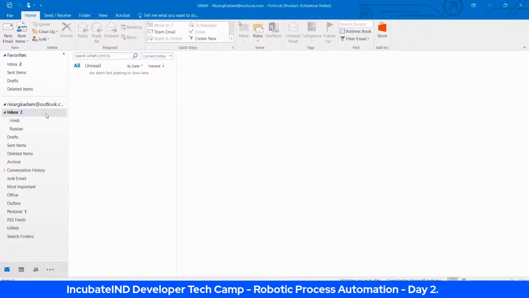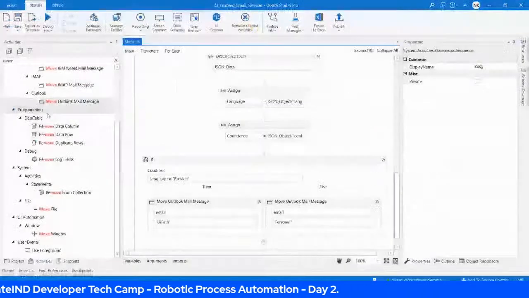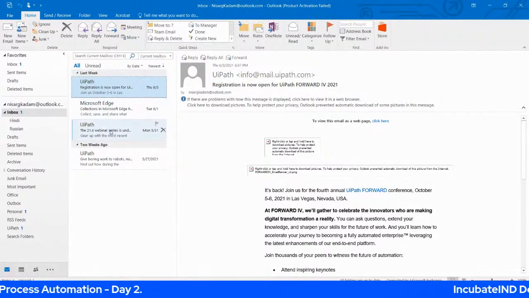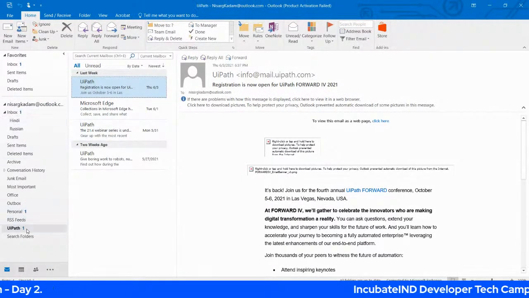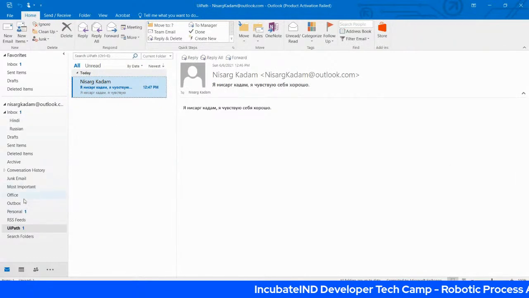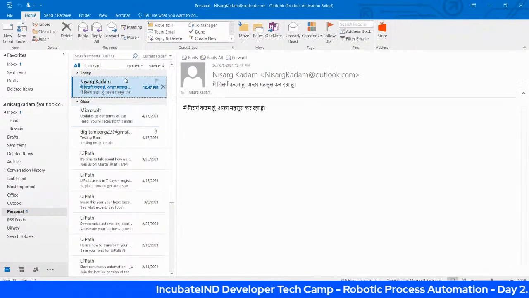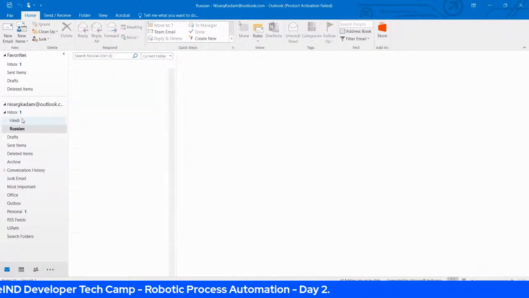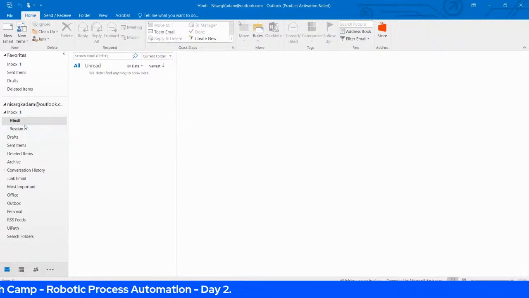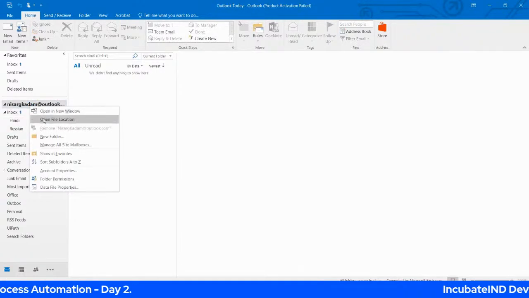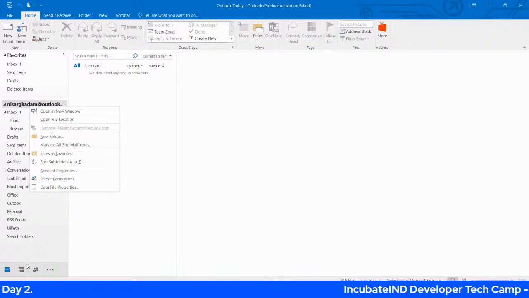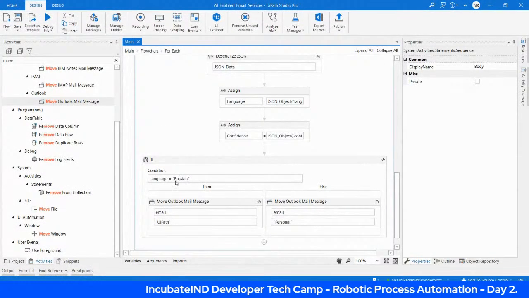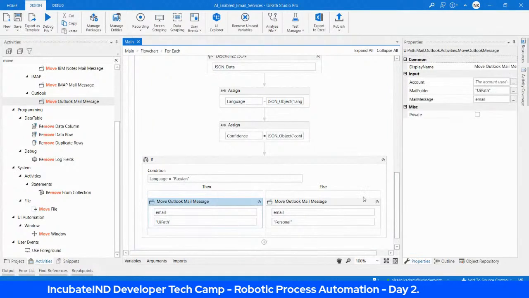The bot has started executing. If you can see, both the emails have been classified. Both the emails are gone from the inbox. The Russian email has been sent to UiPath and the Hindi email has been sent to personal. That means these folders were subfolders created under inbox, and that's why it was not able to classify. You have to create the folder within this email ID. So what I have done is we have classified the emails based on the language successfully into the UiPath and personal folders